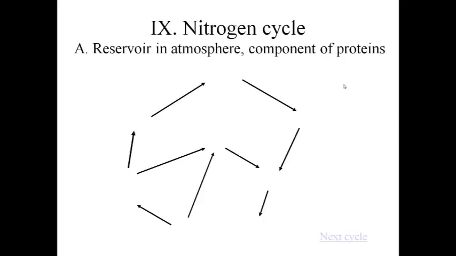Our next cycle is the nitrogen cycle. It has its reservoir in the atmosphere, and it is a component of proteins. That's why we need nitrogen. We need carbon for energy. We need nitrogen for proteins. We're going to start with